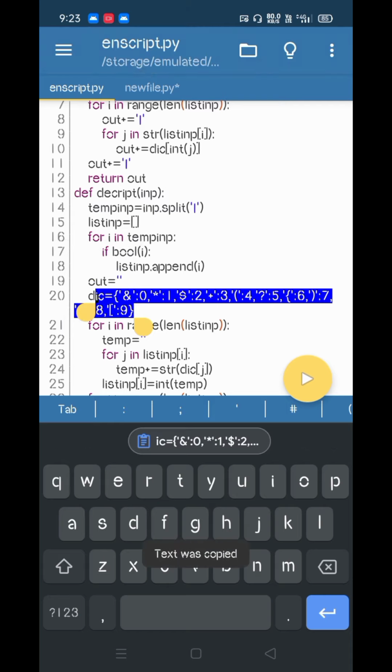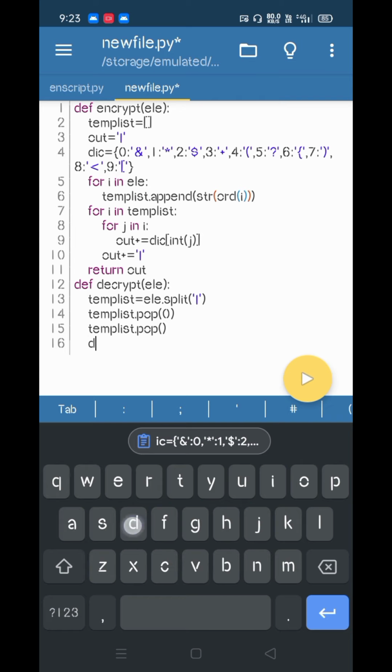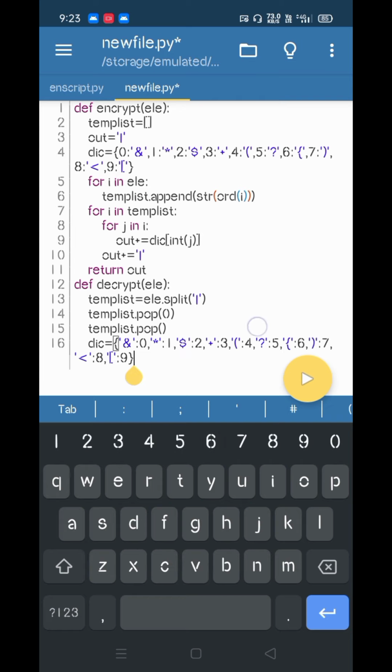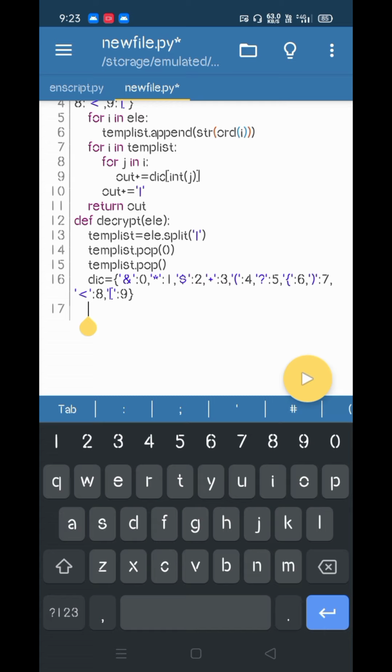So copy, we want the dictionary here, so we get the dictionary. So for i in temp list, now we are getting each symbol, we should convert them. So let us convert. For that we should again traverse, for j in i.